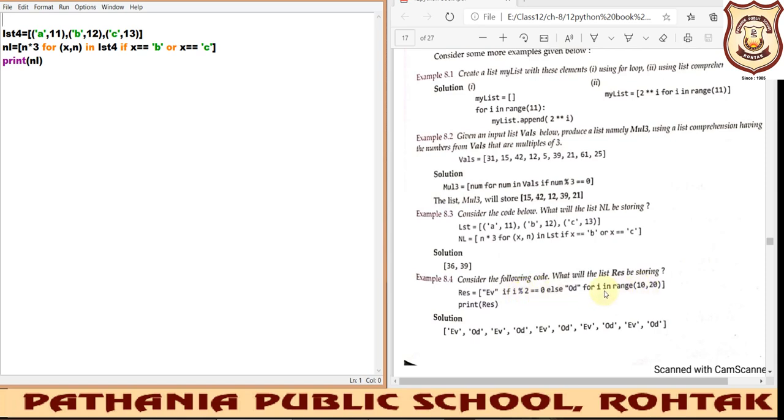If the given number 10 is divisible by 2, the remainder will be 0. If it is so, then it is an even number, else it is an odd number. So you can see for 10 it will be an even number, 11 will be odd, 12 even, 13 odd, 14 even, 15 odd, 16 even, 17 odd, 18 even and 19 odd. So this is the output we will get when we use this type of list comprehension.